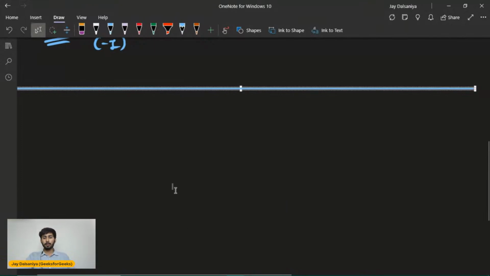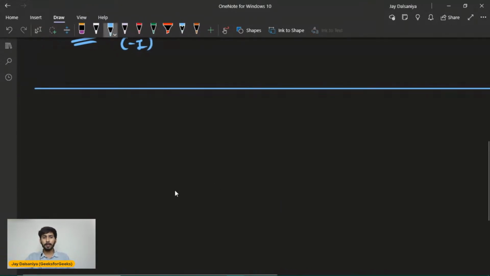Okay, so let's try to think in a greedy manner. But before moving towards the approach, we should focus on what should be printed in the output. What is the thing that the question wants you to do? The question wants you to find out whether it is possible or not. Exactly right. The question does not want you to print the entire string. The question wants you to check whether it is possible with the given frequencies or not.